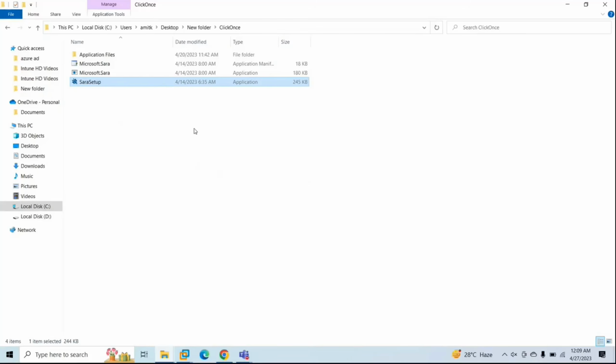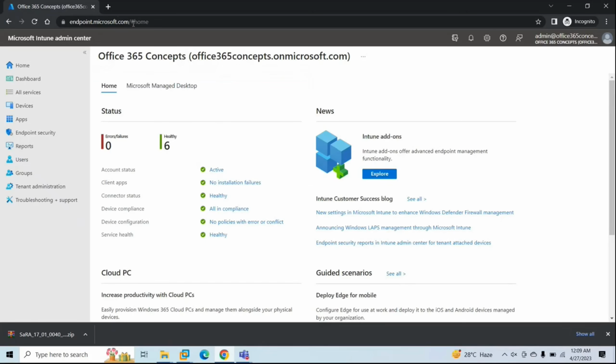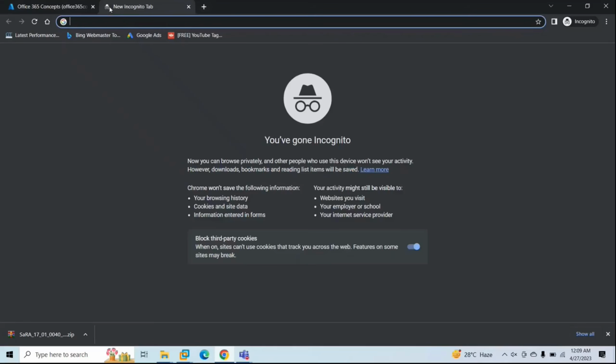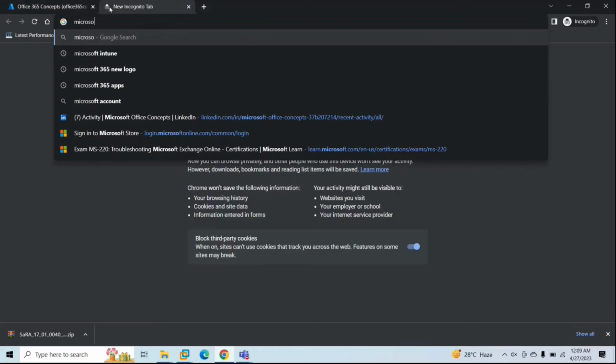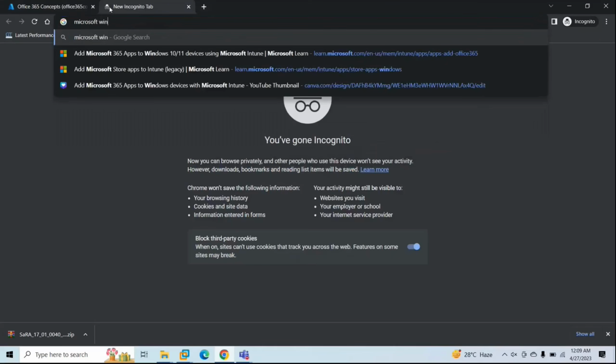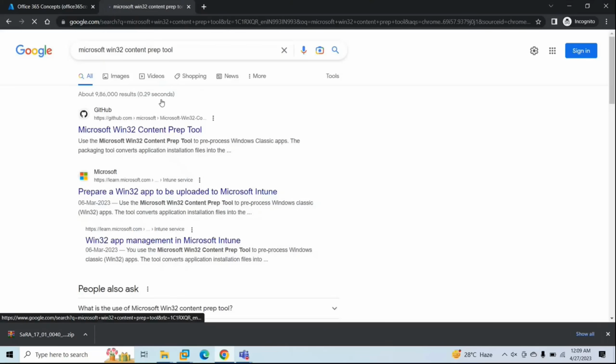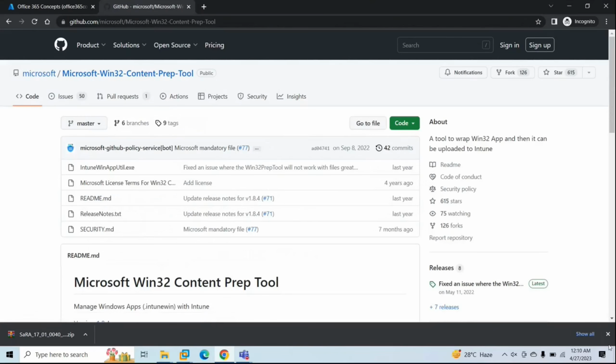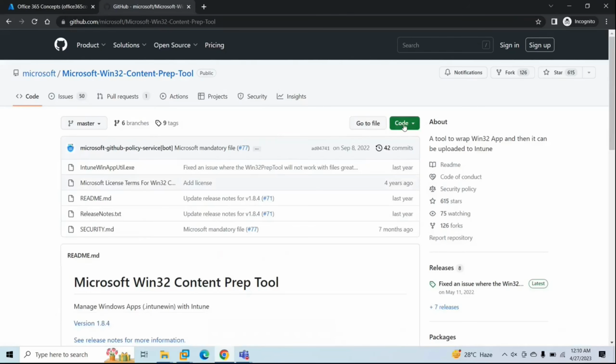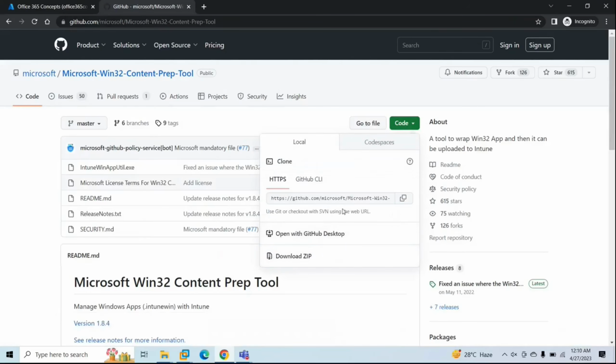So to convert this file, we need a tool. We will go to browser and here we will type Microsoft Win32 content prep tool. This is the name of this tool. You will find one GitHub article. Open this link. Now here you see code. Under code, you will find zip file. So click on download zip